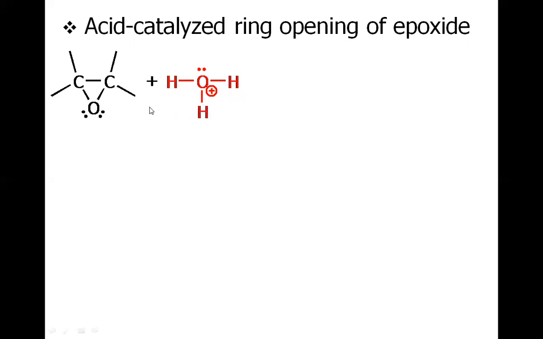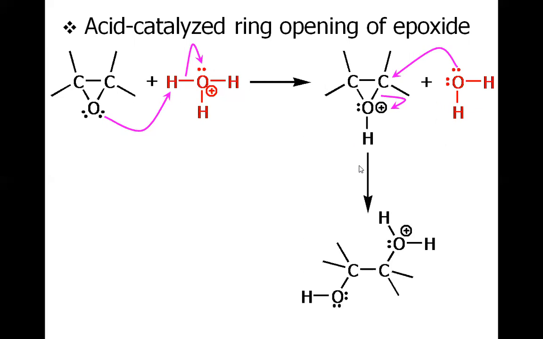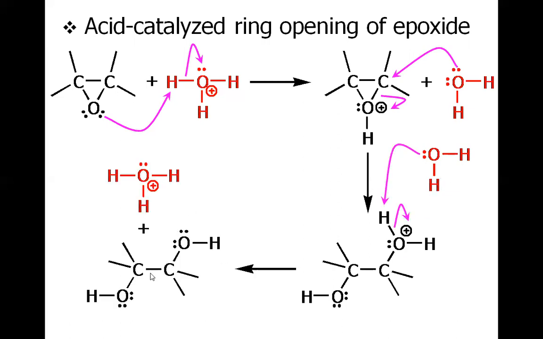In the acid catalyzed opening of the epoxide, the first step will be the protonation of the epoxide's oxygen with the help of the acid. Now this is the protonated epoxide. It will be opened by the water molecule that has just been formed, and this protonated oxygen will be deprotonated by another molecule of water, and the reaction will end up at the vicinal diol. So this epoxide has been opened, and we have an OH at both adjacent carbons. One OH, one O has come from the outside source, that is from the water,